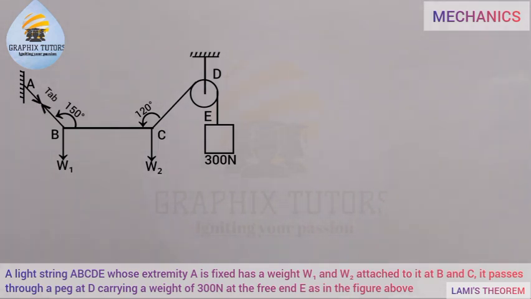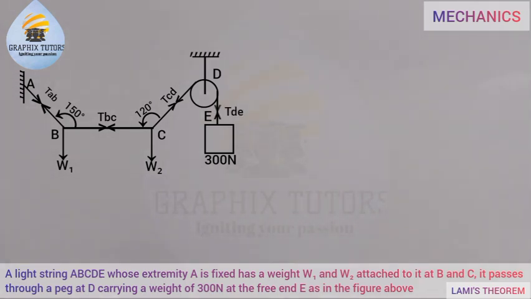There will be a tension along BC, we'll call it TBC, or you say TCB. Along CD, there will be a tension which we'll call TCD, or you call it TDC. And at this point here, the tension is already given, which is called TDE,